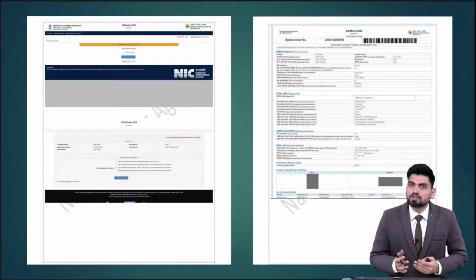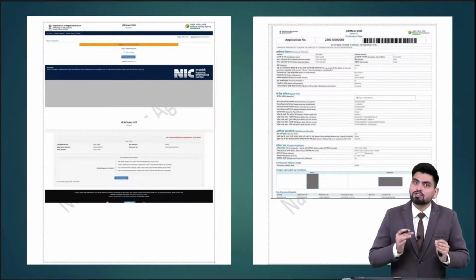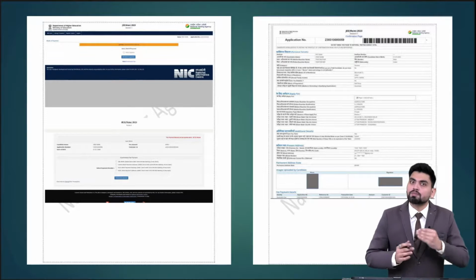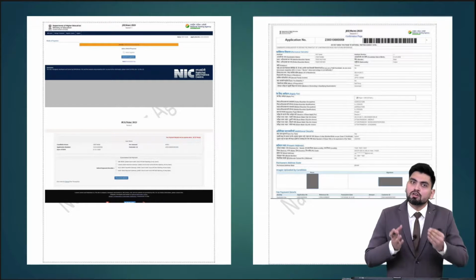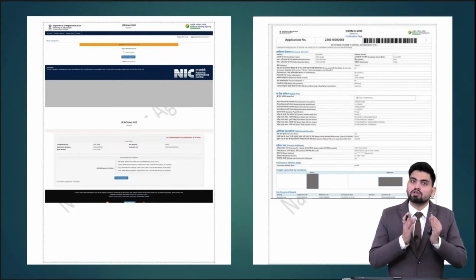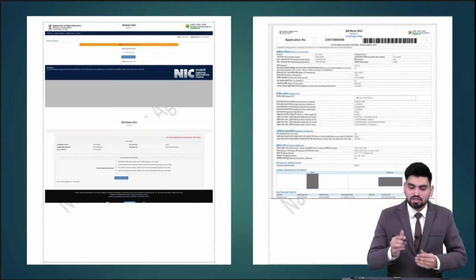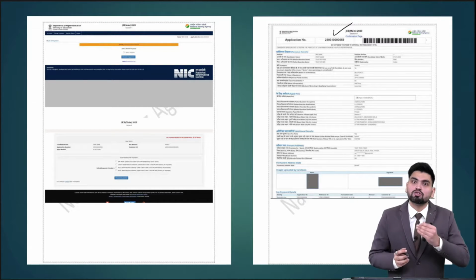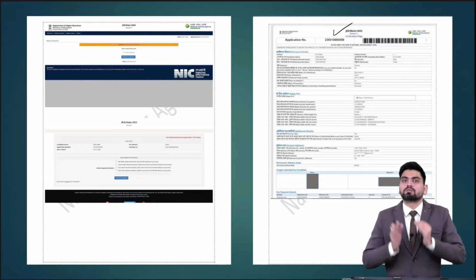Right. After the final submission, as you can see on the left side, payment option will appear. Okay. So here you have to do your payment process. This is the last process, that is the fee payment. You can pay the fee through online mode like debit card, credit card, UPI and net banking. From any of the options you can complete your payment process. After completing your payment, as you can see on the right side, this kind of confirmation page will be generated. The confirmation page has been generated means your registration process has been completed successfully. Right. This confirmation page will help you in your further process.